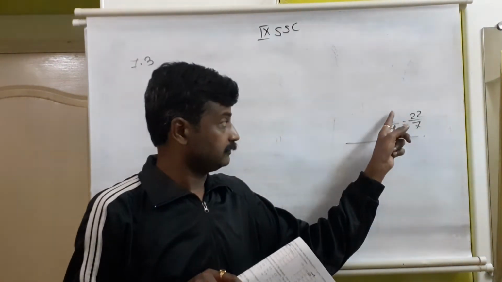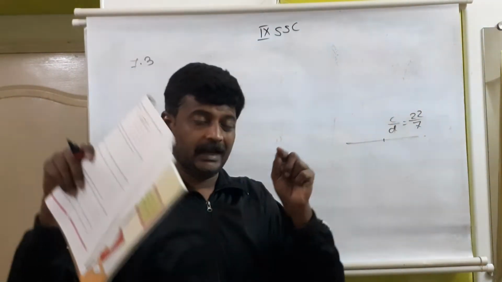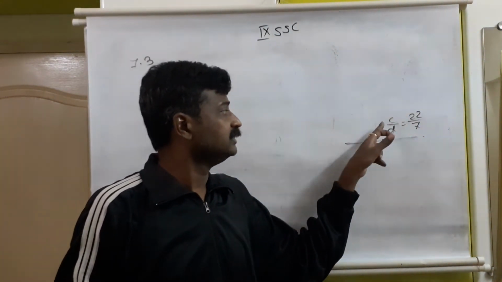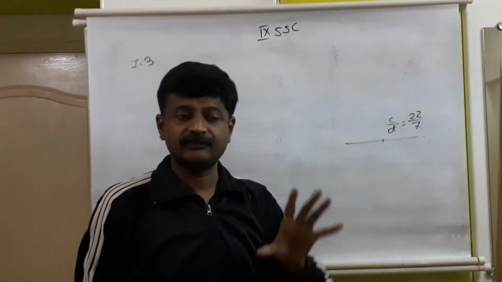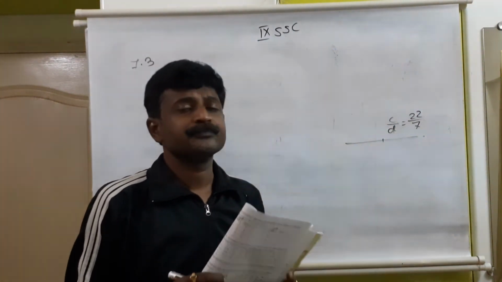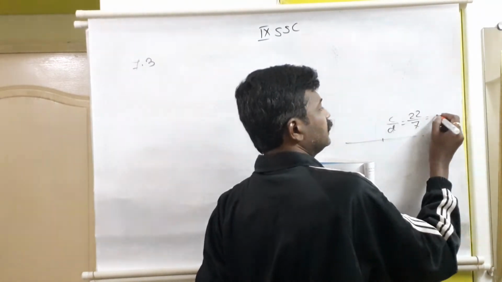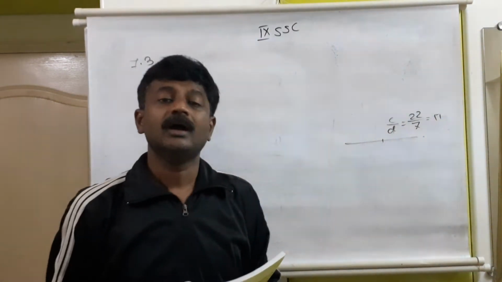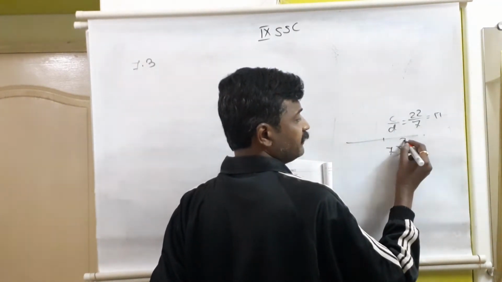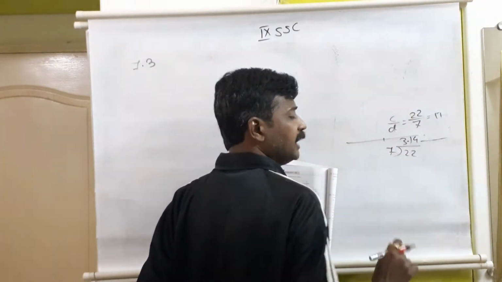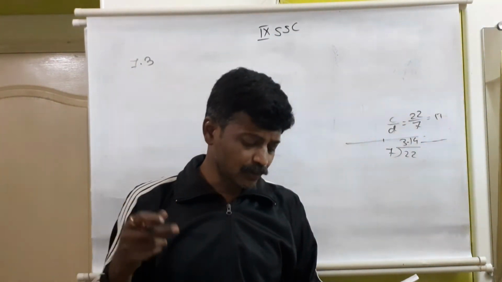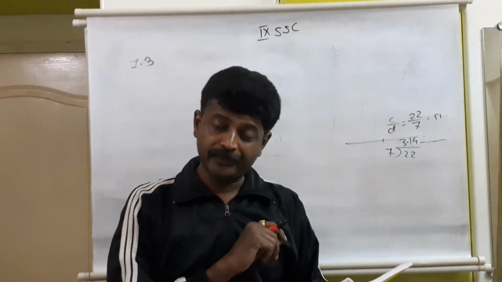value, we'll keep it at the numerator. If we take the diameter of that particular circle and keep it at the denominator, this ratio is always 22/7, and this is constant for all circles. That is why one name is given to that constant, and the name is pi. If we divide 22 by 7, the answer comes 3.14, and it goes on continuously. It is never ending.